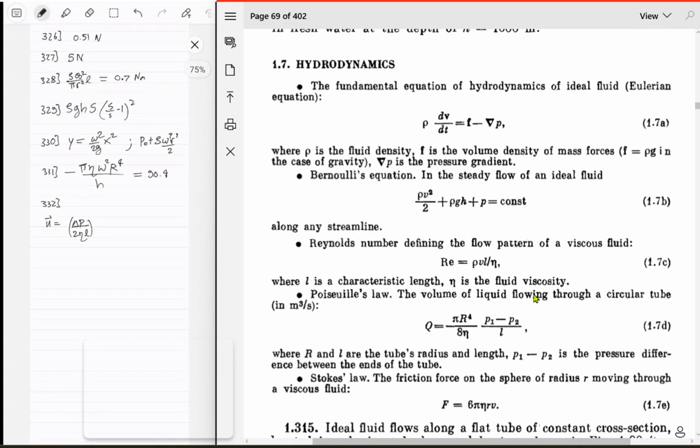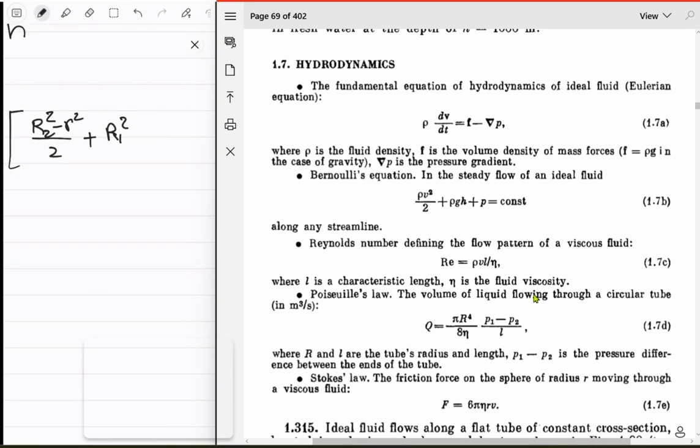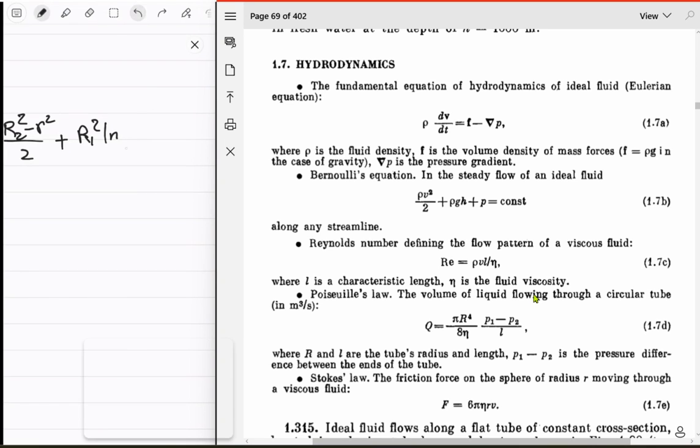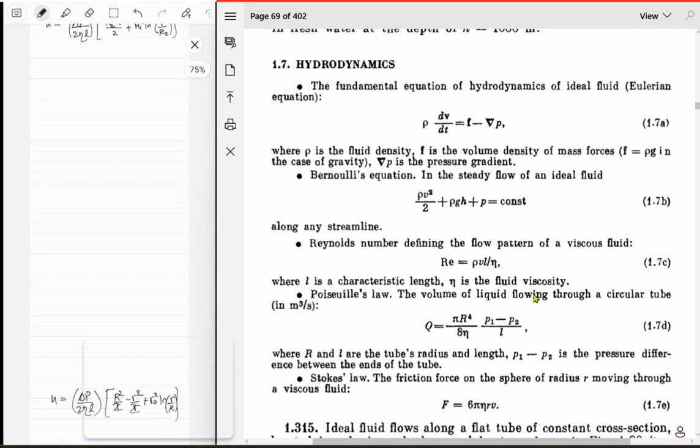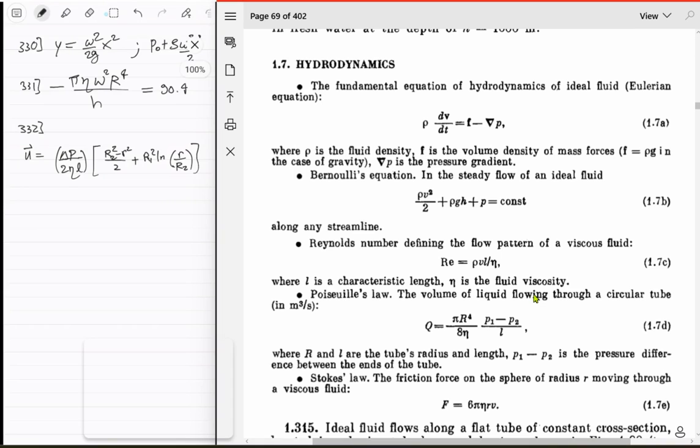So r1 is r squared upon 2, which in this case is just r2 squared minus r squared upon 2, and then you have plus r1 squared natural log of r upon r2. Yeah, that looks cool. Okay, next question. Although we are introducing new symbols over here, which is the pressure and the length, or the change in pressure and length, but still I think this is the better answer. Next,